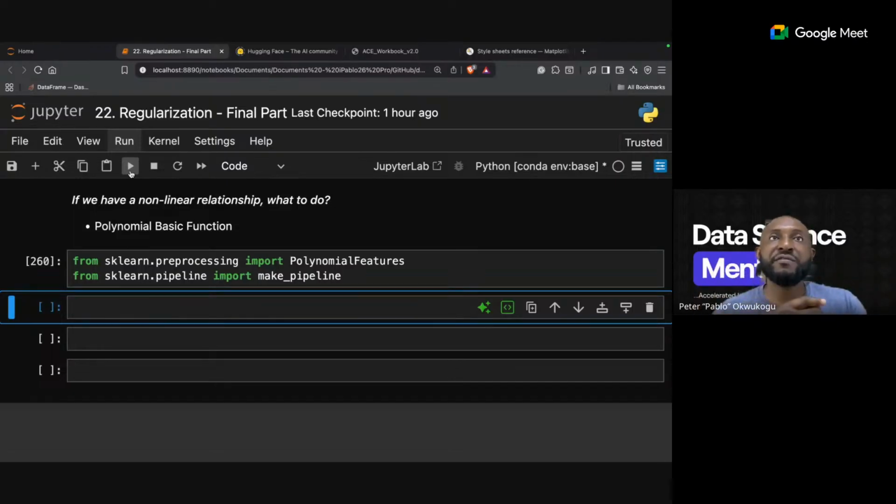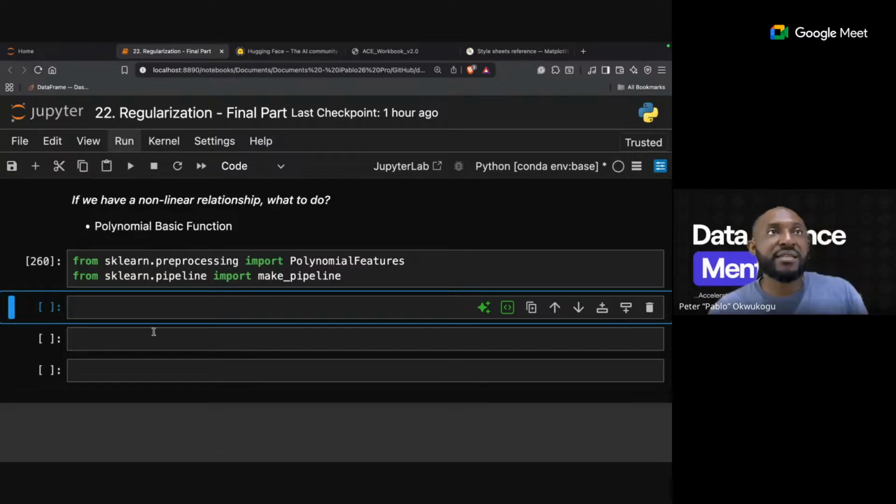We'll just plug in our linear regression and our polynomial function, which helps us tweak and find those non-linear features that exist.